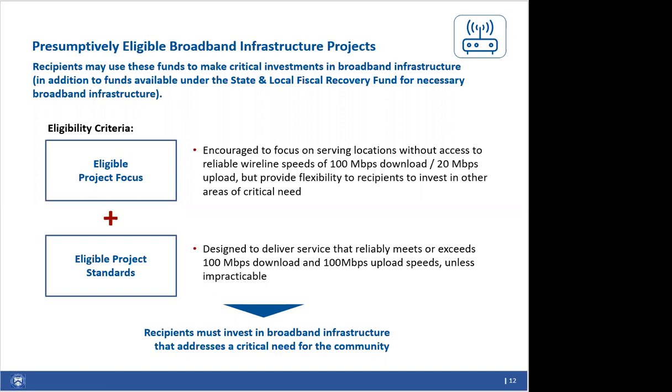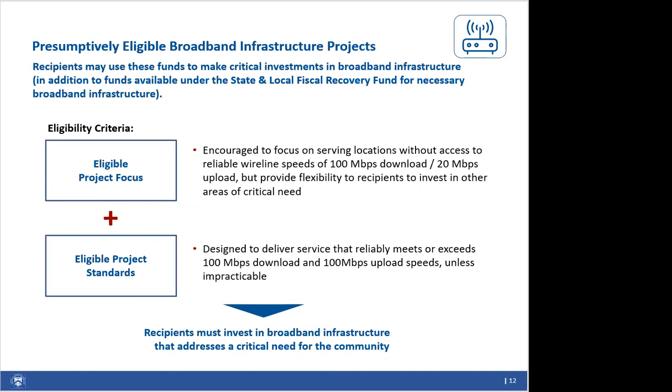Recipients in undertaking these projects are also encouraged to, number one, prioritize investments in fiber optic infrastructure. Number two, require the offering of a low-cost option. And three, prioritize the funding of projects where broadband networks are owned, operated, or affiliated with local governments, nonprofits, and co-ops. And more information about broadband infrastructure projects can be found.